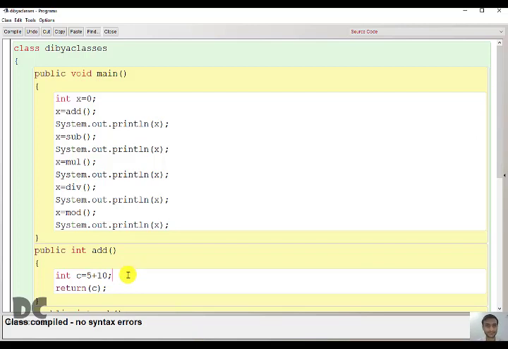Go to chapter 8, library classes. We studied about buffer reader and scanner. Use buffer reader and scanner to take input. Buffer reader and scanner are such input methods where, if you want, you can take input wherever you want. So here you will be using buffer reader and scanner.